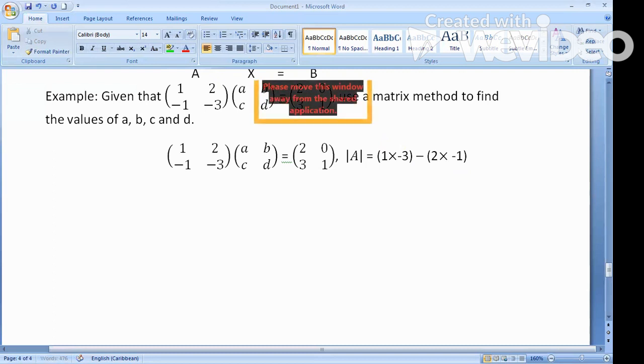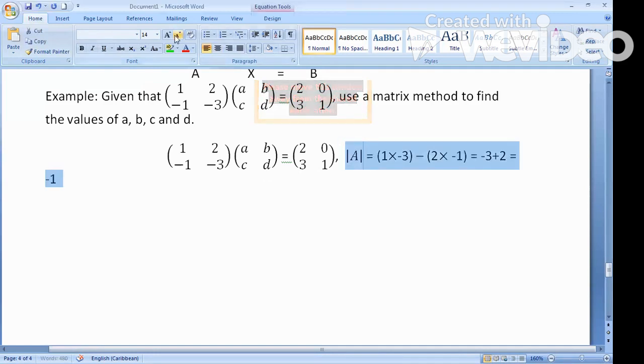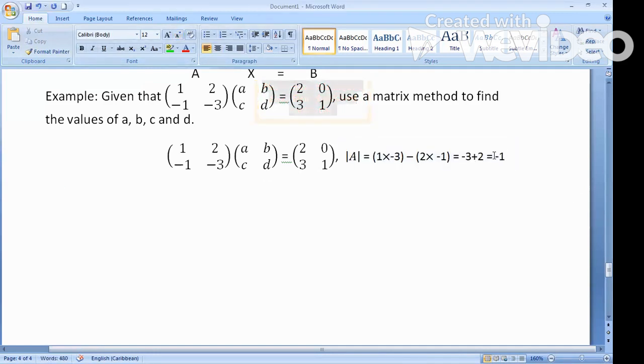All right. So therefore, we have, well, the first bracket, the product of that will be what? -3. And these two negatives here, when multiplied, will give us a positive 2. And -3 plus 2 is -1. All right, and that's how they got that. That's what the determinant is, -1. All right. So therefore,